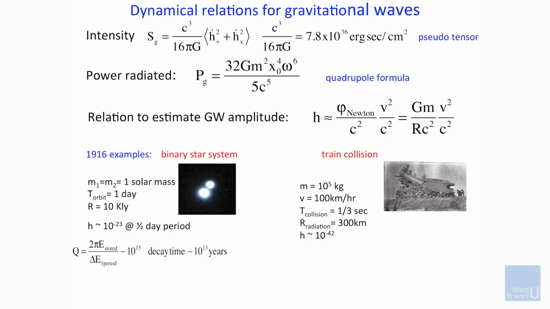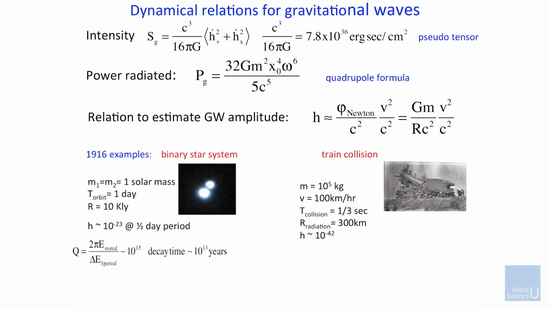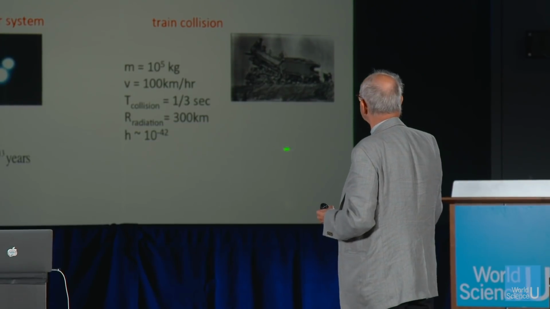And now you want to separate this from Newtonian gravity, because you want to be out in the radiation zone. You want to be far enough out that you're actually seeing the radiation field, not just the Newtonian field, which is still there, the thing that you learned in high school. So you have to go out 300 kilometers away. And the h value you get for that is infinitesimal. It's 10 to the minus 42. Einstein must have made that number himself, and in his mind, that meant measuring a thing over a meter, you're talking about 10 to the minus 42 meters. That's hopeless even now. So this is the biggest thing you could have thought of in 1916 that man could have made.